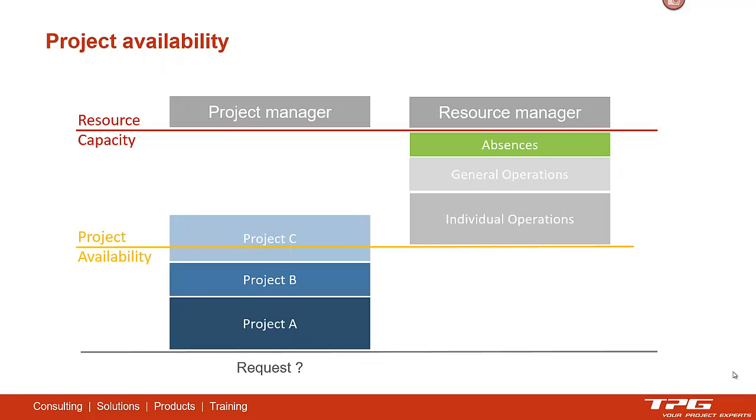For that, he has first to plan non-project work like absences, like general operations, which can be team meetings, etc., or individual operations where a resource is doing maintenance work on a running product, for instance. This comes out with a project availability, and this is exactly what the resource manager needs to know to commit